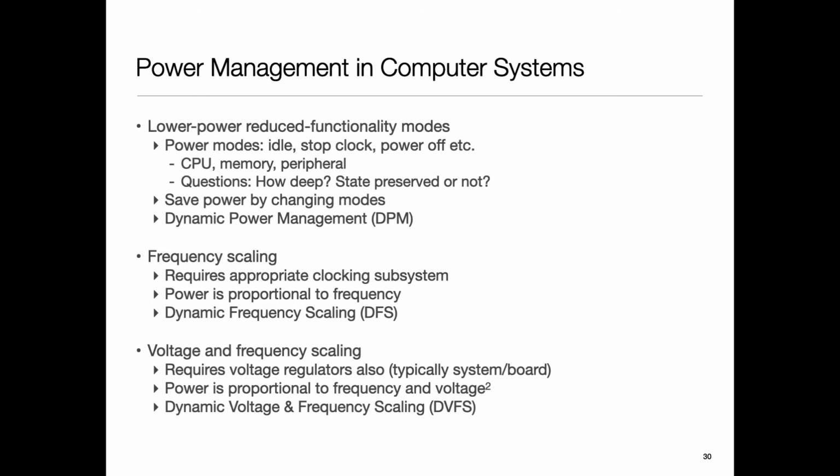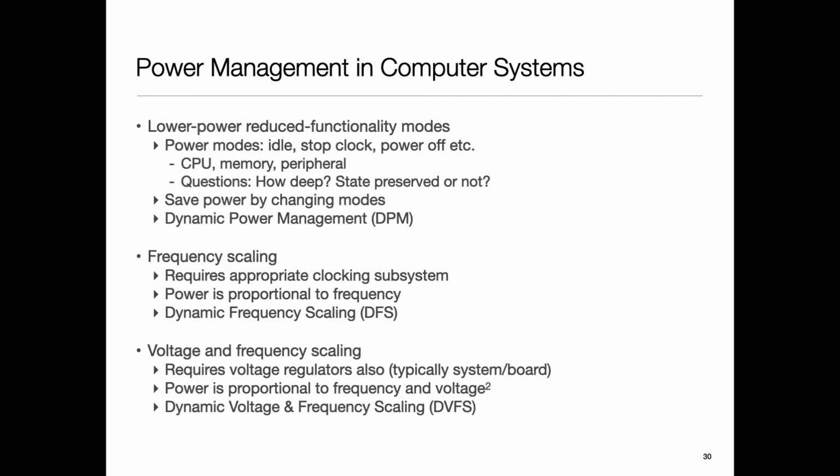Okay, so one issue is, yes, this is very challenging to do. Part of the challenge is the following. For any given voltage, my system can operate at some max frequency and no higher, right? Because for any given voltage, the logic gates are going to have some speed, and therefore my critical path is going to have some delay, and I can't operate faster than that. So if I'm doing dynamic voltage frequency scaling, I have to scale the voltage and frequency in coordination. I have to set the voltage so that it can sustain the chosen frequency.